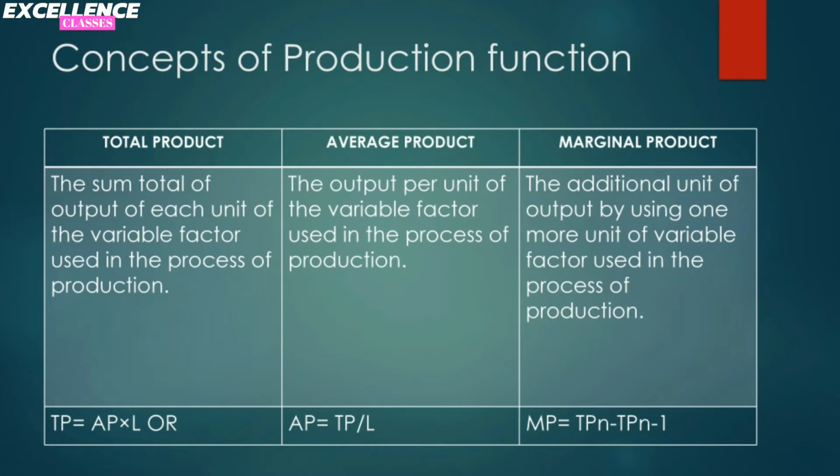At last, marginal product is the additional unit of output by using one more unit of variable factor in the process of production. It can be calculated by subtracting total product at preceding unit from the total product at the successive unit. We will learn to calculate it numerically in our next topic, and our next topic is Law of